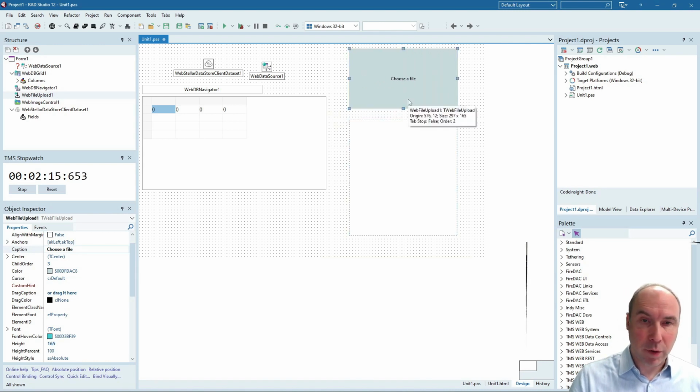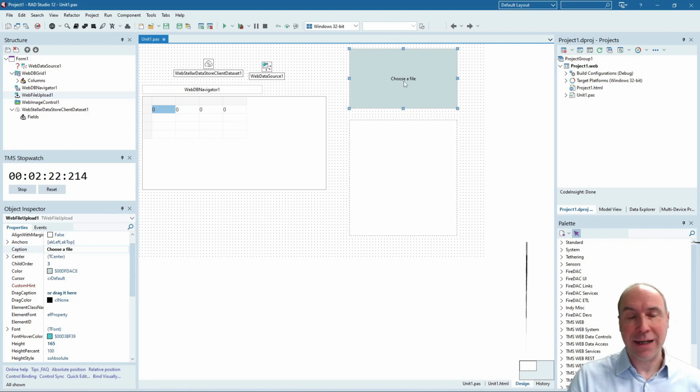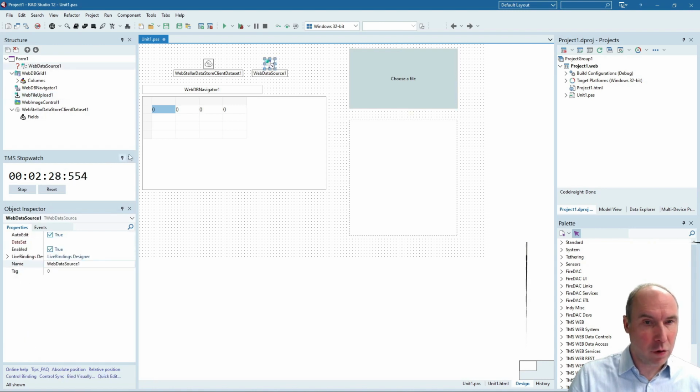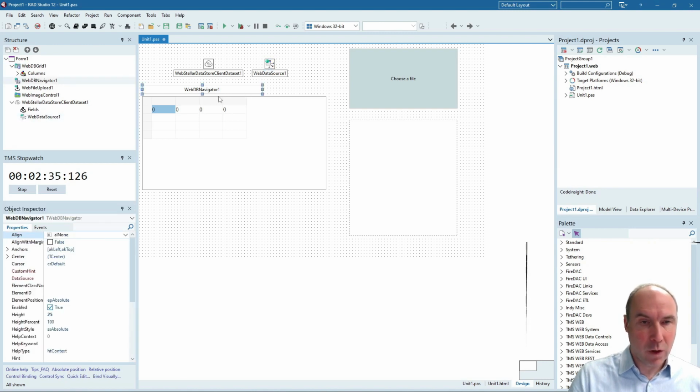That upload component will enable us to actually drop the cover on our web application and have it stored in the StellarDS backend. Let's hook up the controls, so the dataset to the data store, and also the data